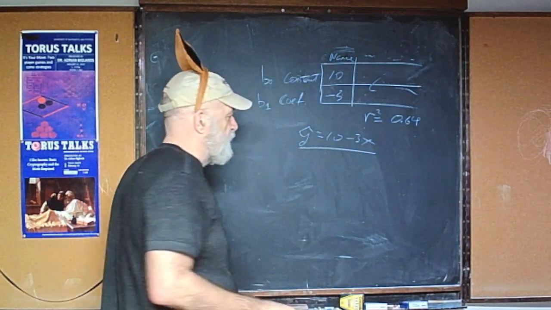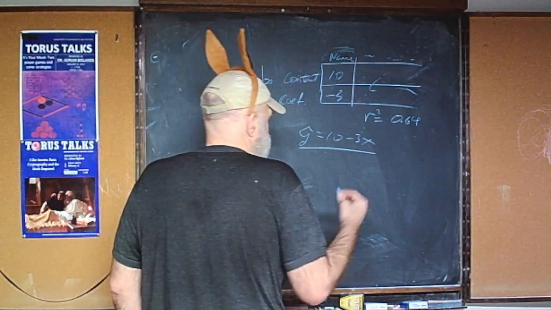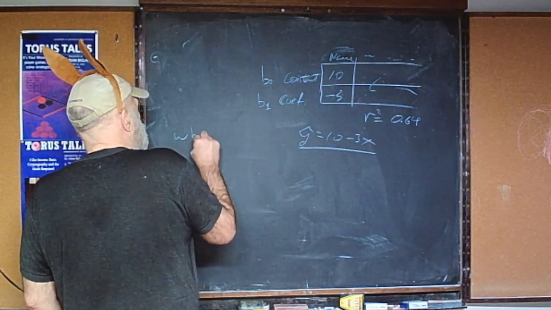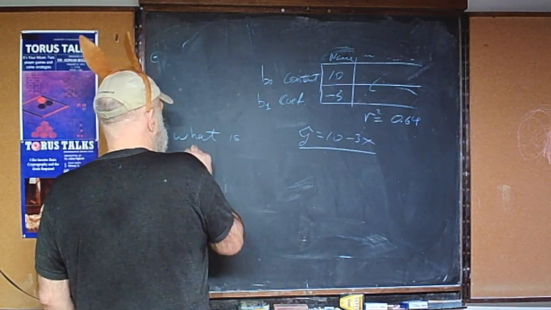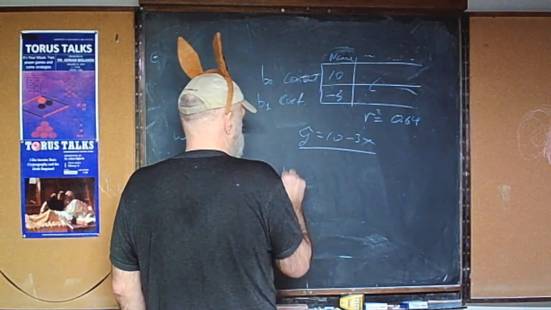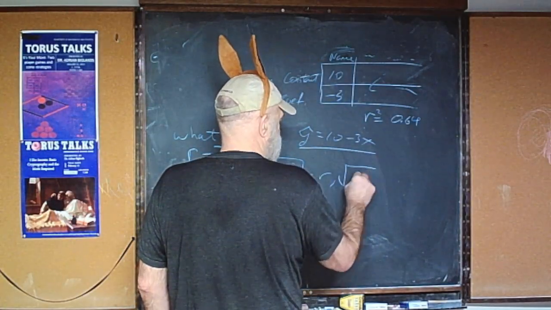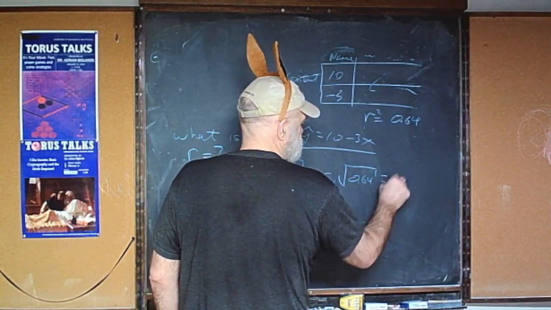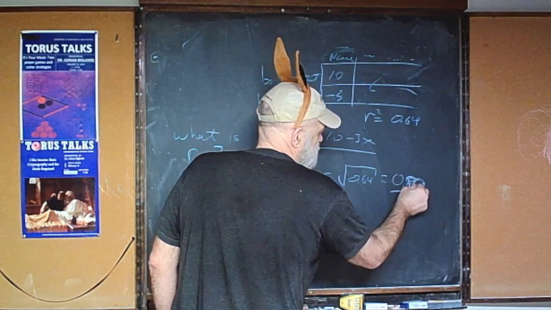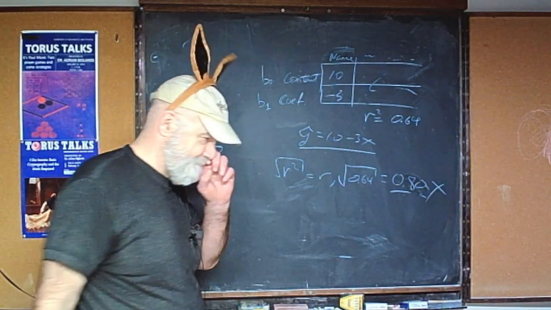That's not really what I wanted to get at. Here comes the crux of my point. The next question is, what is r equal to? Now I gave you r squared. You know that if r squared is square rooted, you get r, and the square root of 0.64 is 0.80. This will be one of the choices on the multiple choice answer sheet, and this is wrong. The reason why